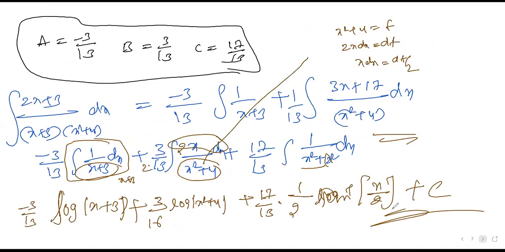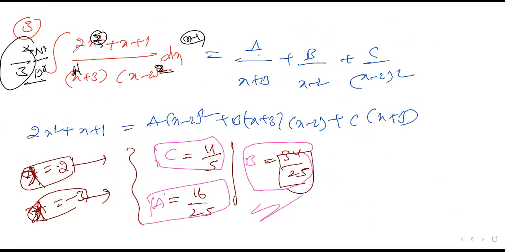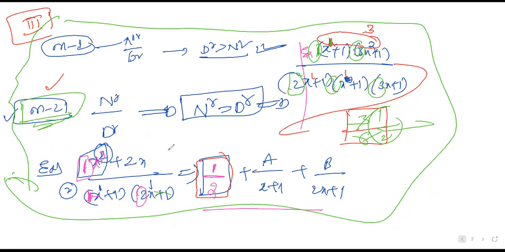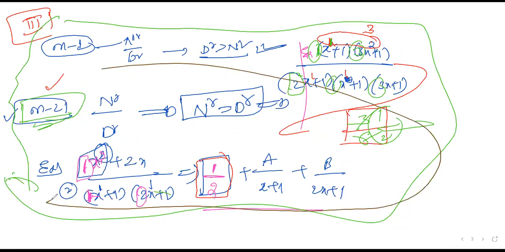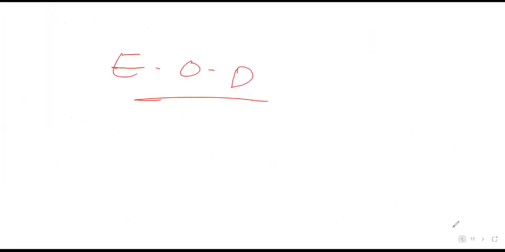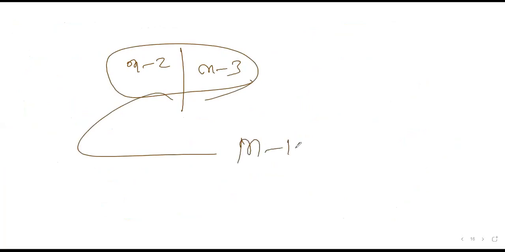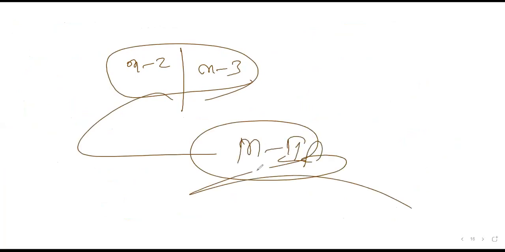Here x cube by x cube is there. If it is x square, then things will change. 2x square, it is x, right? If it is 2x cube, then things will change. So even if it comes like that, I mentioned very clearly this is the methodology you need to follow. You are lucky because you don't have method 2 here. But because you are in second year, method 2 won't be given in maths 2A. So it is better to learn every method, even single steps also.